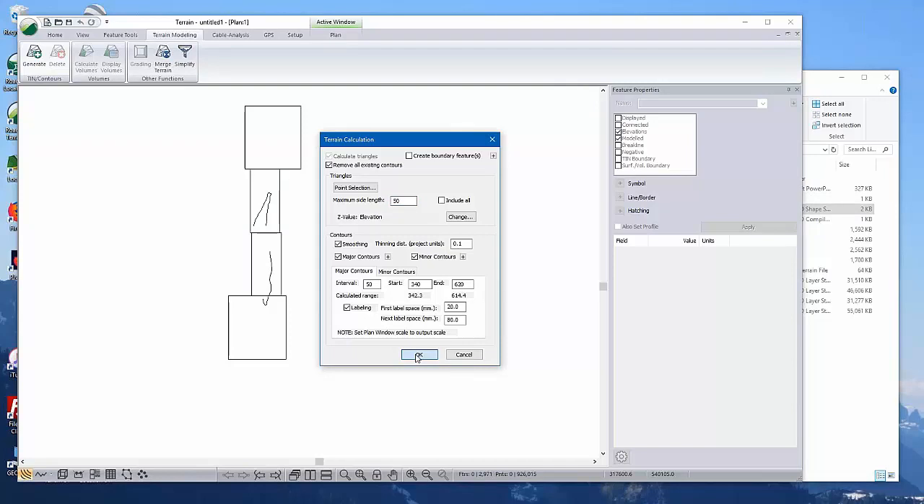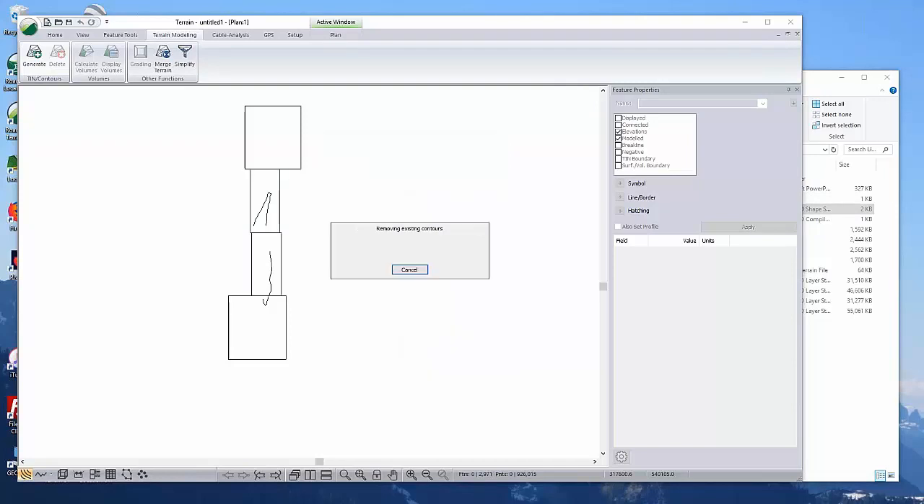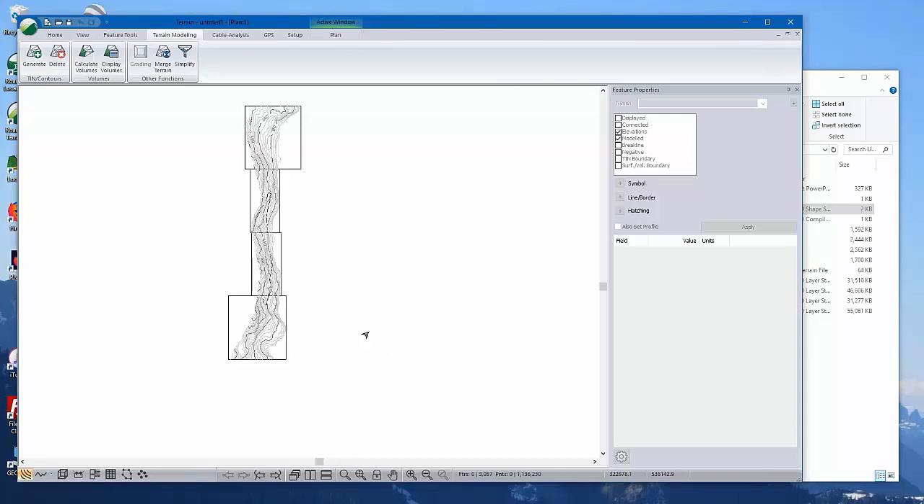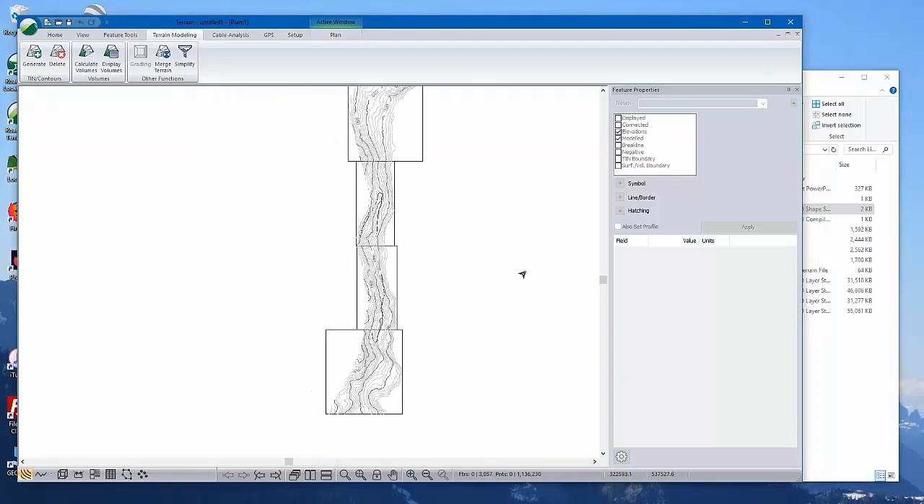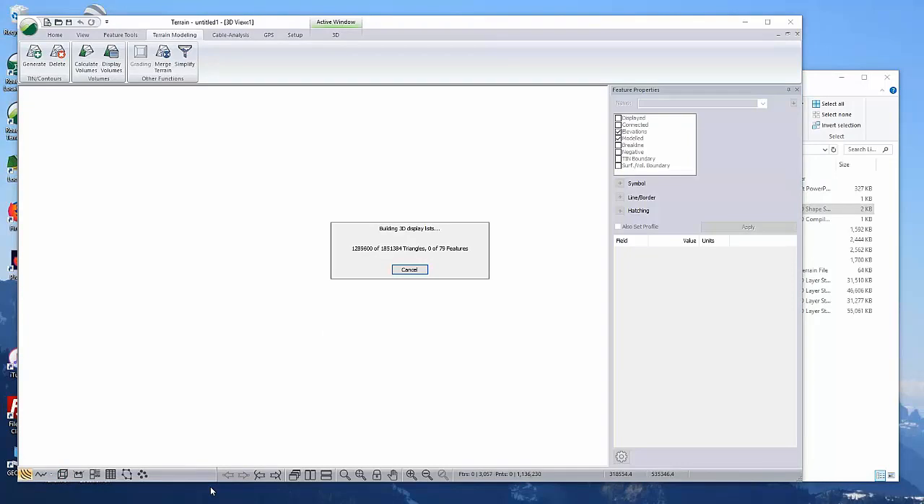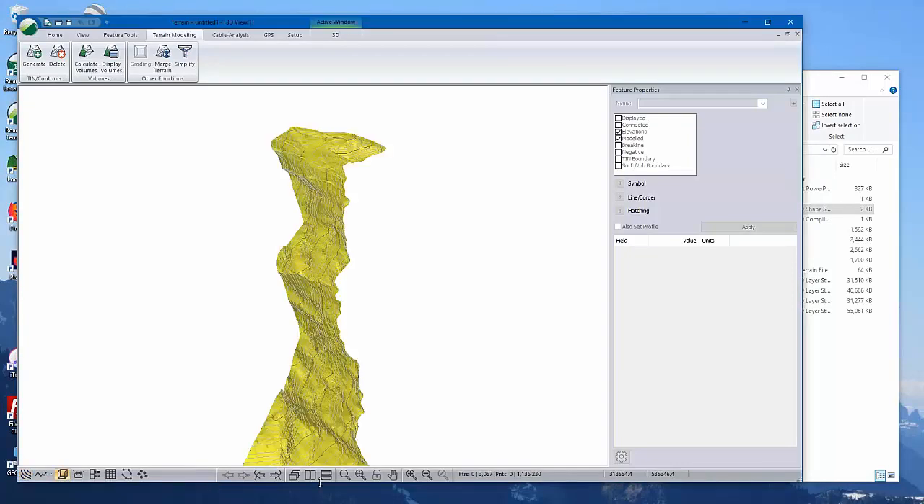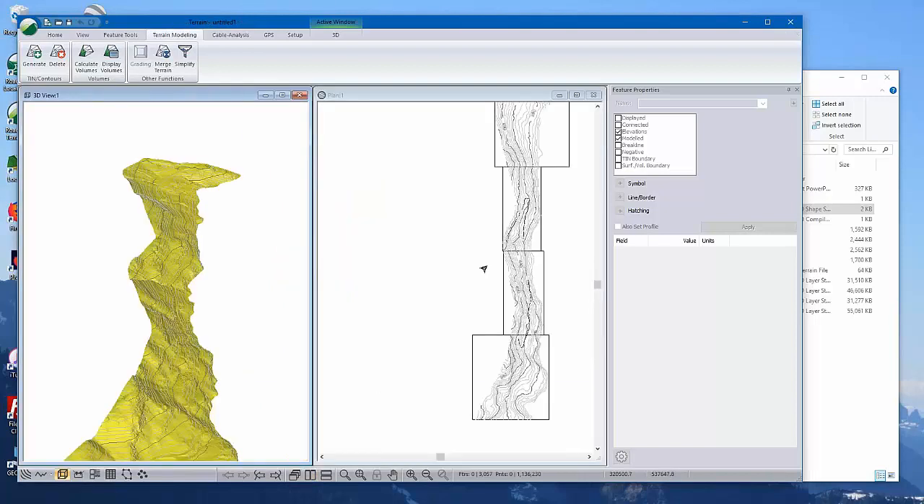So I'm just going to create the tin model. Just under 1 million points, goes very quickly. Now it's creating the contours. And there it is. I usually like to have a quick look in 3D just to get a visual. So I'll create a 3D window. There we are. There's our